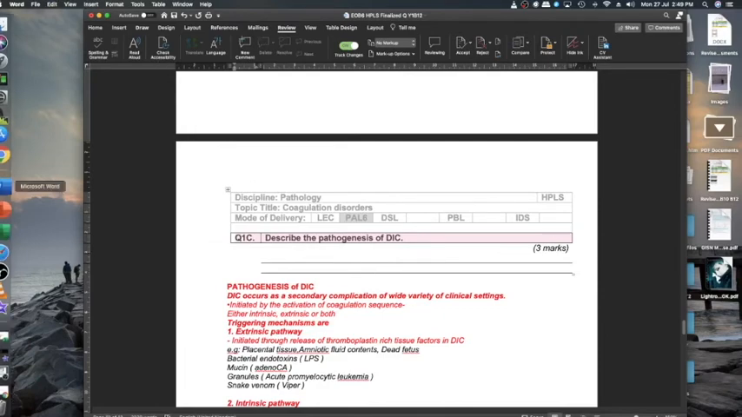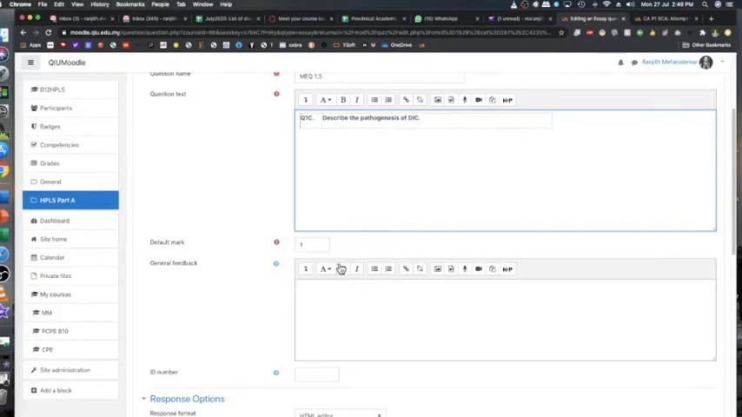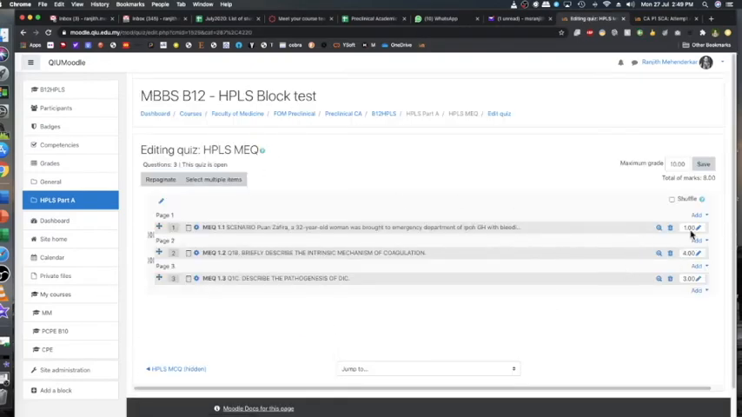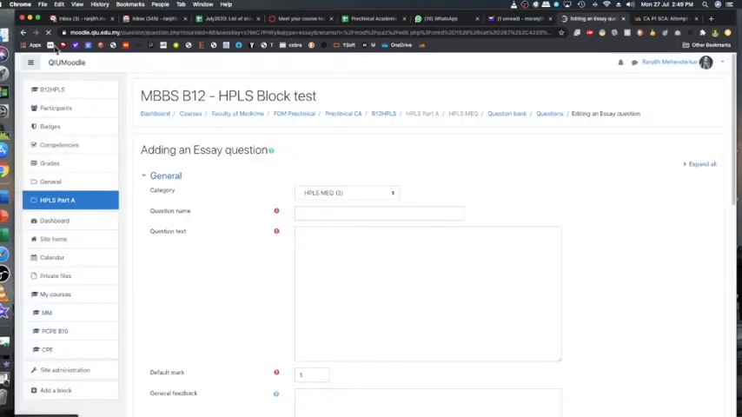So I copy this information and paste it. There is no shortcut for this. So if this carries 3 marks, then just that, and save changes. So as you see, you will also see the weightage of marks here, how many marks each one is counting for. So add a new question, it's an essay, add,